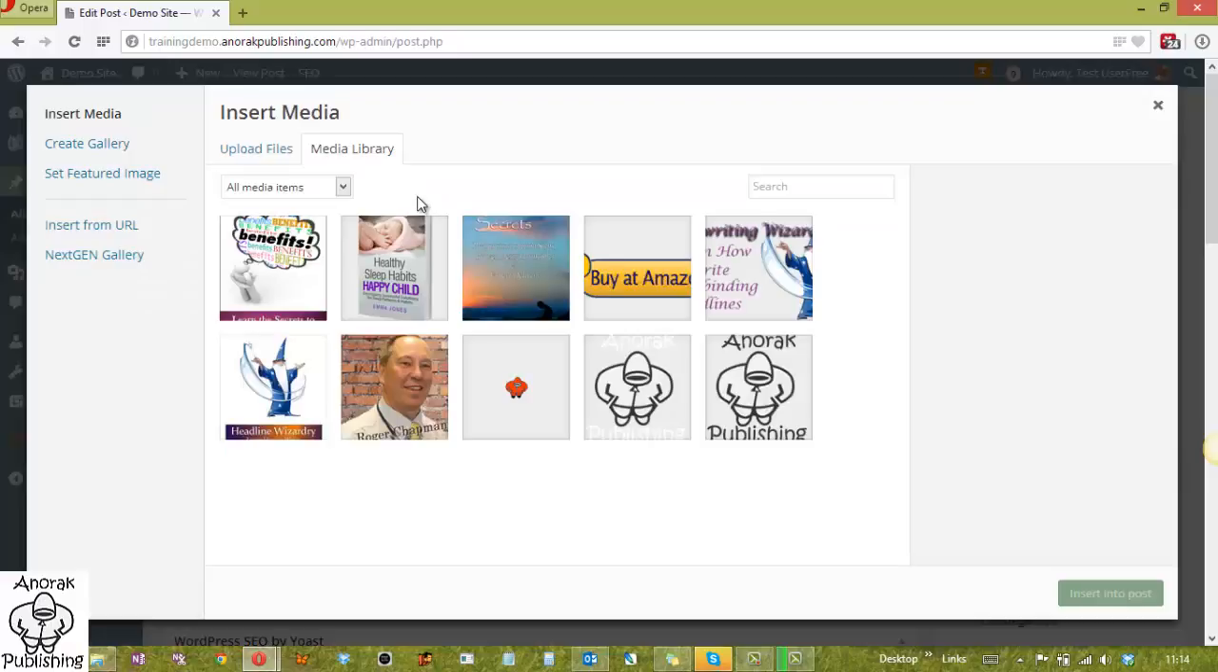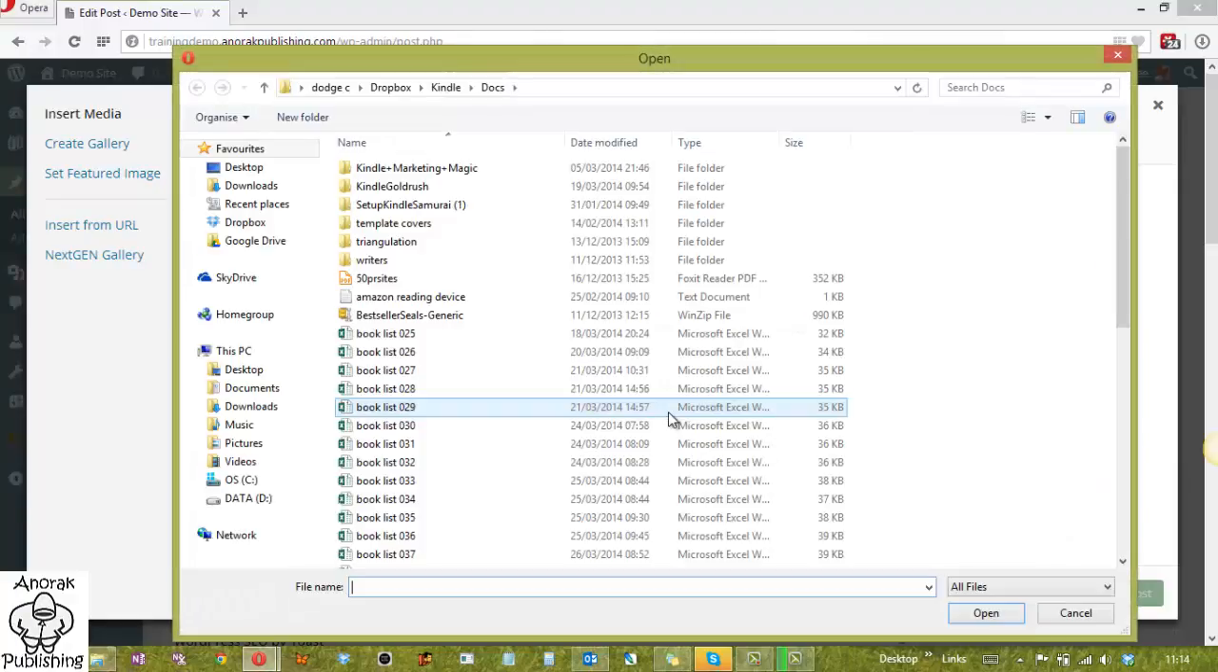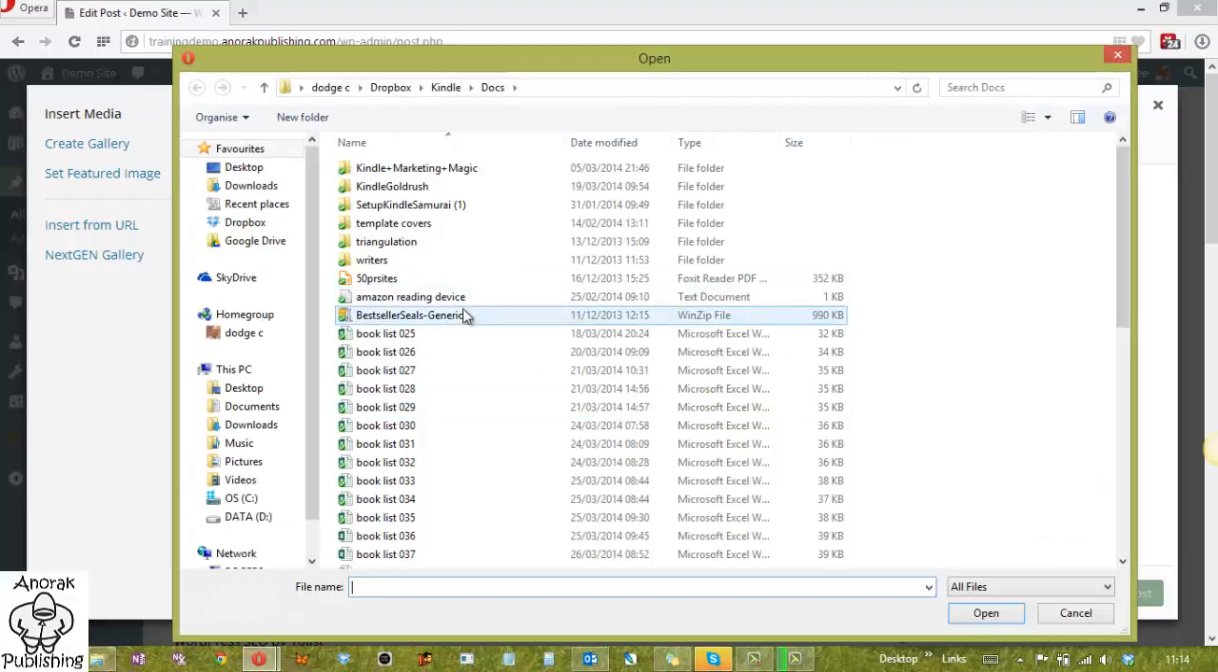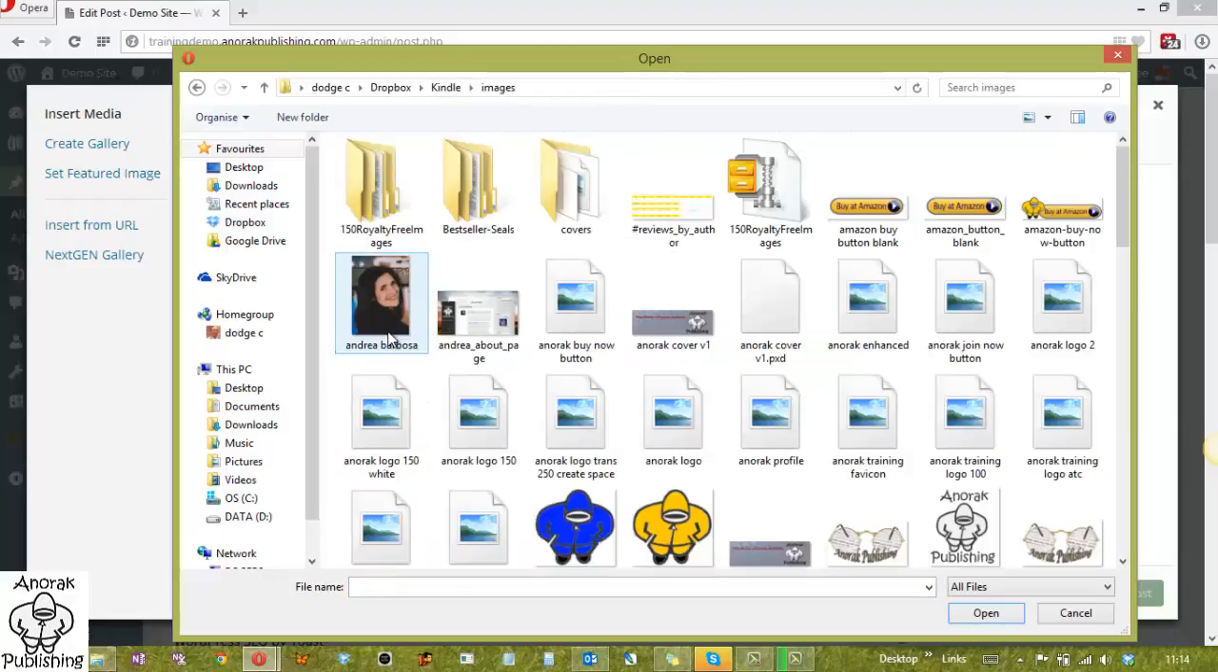Now we've got the media library, it's not in there, so what I need to do is go to upload files, select the file. That should go straight into the folder I normally grab my images from. It doesn't, which is great, not a problem. I'll go into images and we'll look for